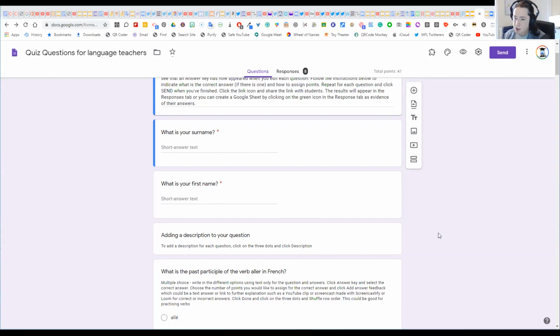Yeah, so when you're assigning a quiz, if you're using Google Classroom, Anna, then you can automatically make a copy for each student. So if you're in a Google Classroom environment, that's what I would suggest. If you're not in a Google Classroom environment, you don't need to make a copy for each student. All you need to do is, as I will show you here, click on the preview option like this,